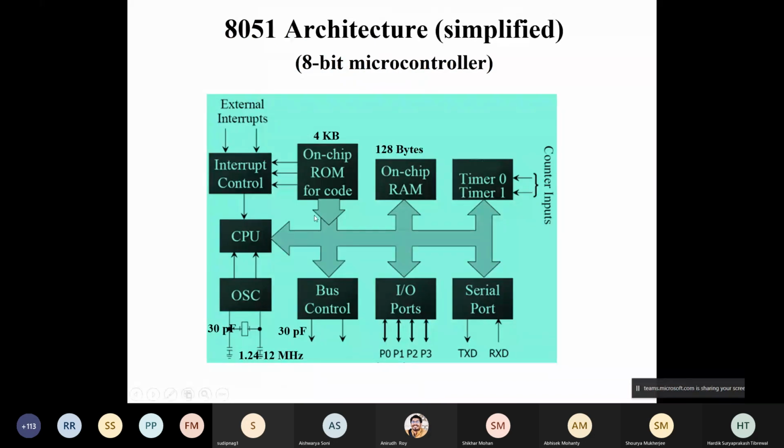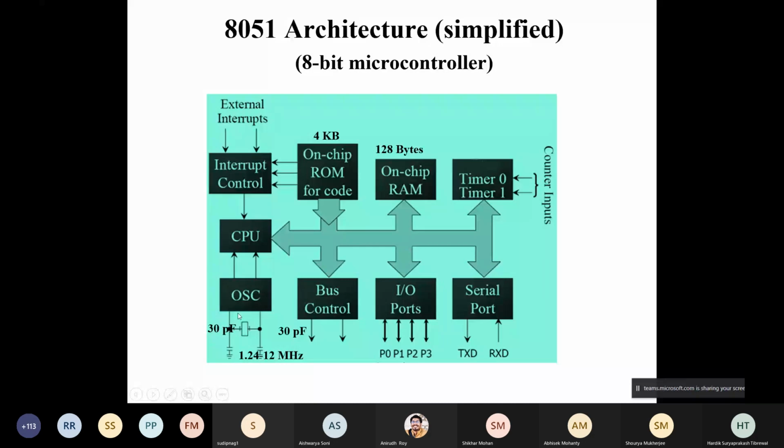Typically, the 8051 microcontroller architecture in its very simplified form is shown over here. It is slightly simplified compared to the 89S51 because it is a much more organized diagram. This is a much more basic level diagram, whereas the 89S51 was meant for advanced engineers or design engineers in industries. You can see here we have different blocks in this microcontroller. The CPU is the heart. CPU means ALU and all those registers, TMP1 and TMP2 that we discussed. The CPU is bounded with interrupt control and also the oscillator.